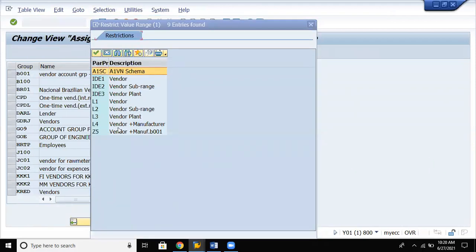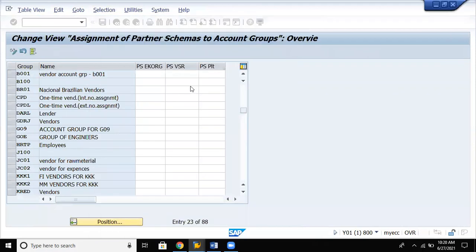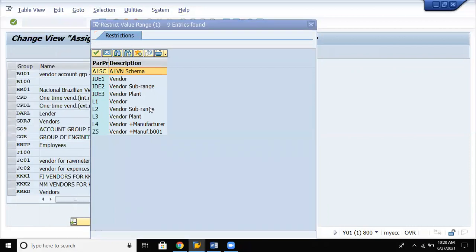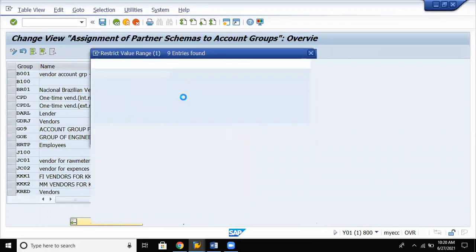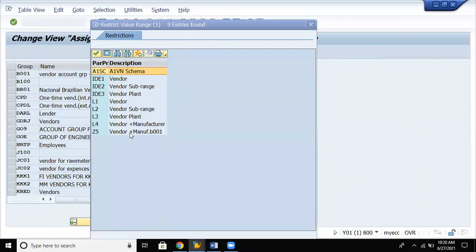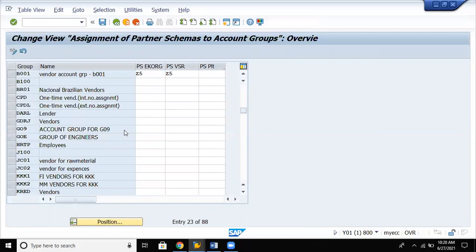So we have gone with Z5. Then PSVSR, nothing but purchase organization data, so Z5. Then here PS partner determination. So here we have set that same code, partner determination Z5. Enter. Save the data.